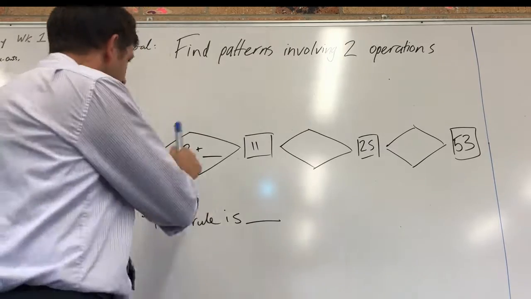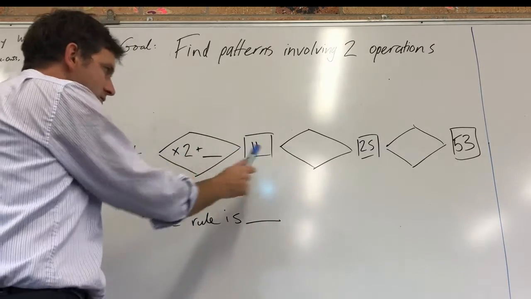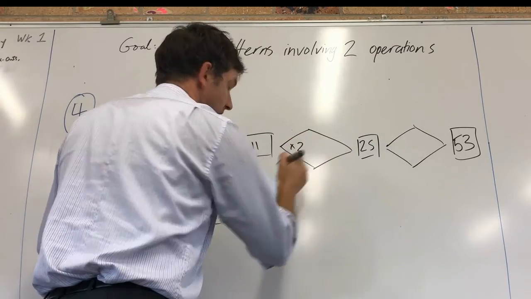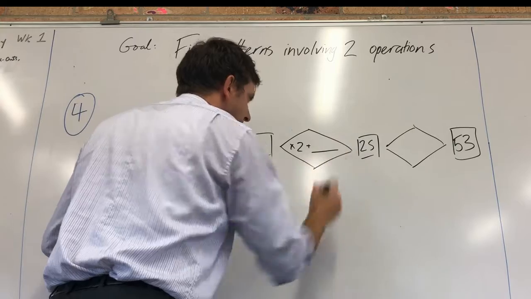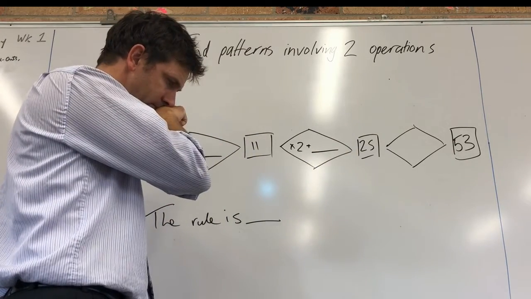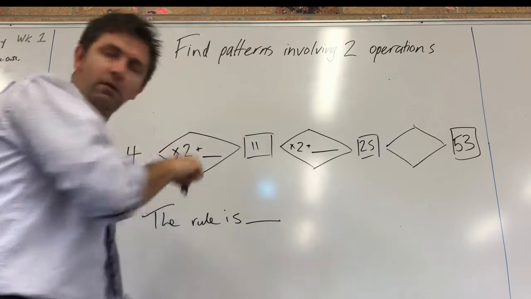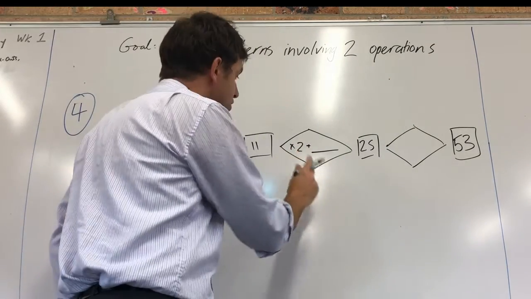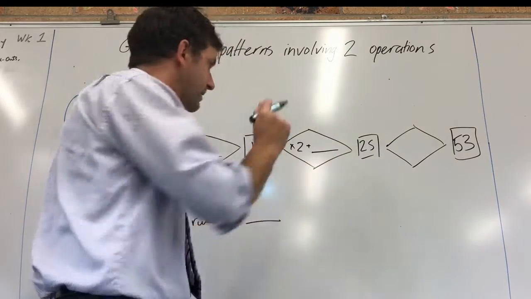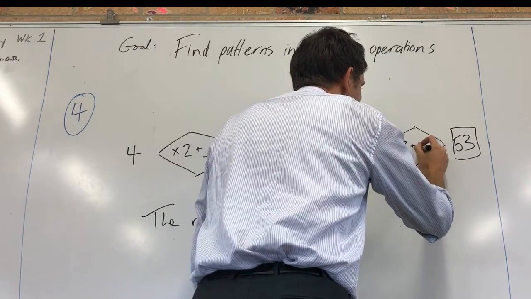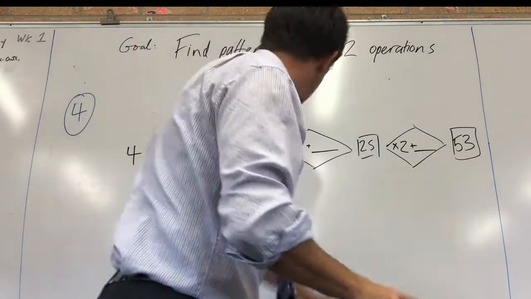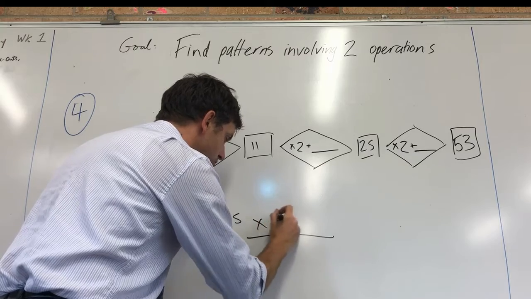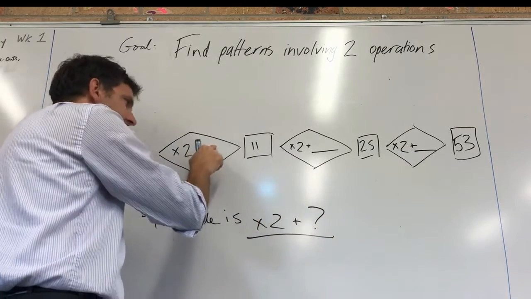It's going to be the same. 11 times 2 plus something. It's going to be the same rule. Times 2 plus something. 11 times 2 plus something is going to equal 25. 25 times 2 plus something is going to equal 53. And it's going to be the same rule. Whatever it is, it's going to be times 2 plus, and we're trying to work out what number goes there,